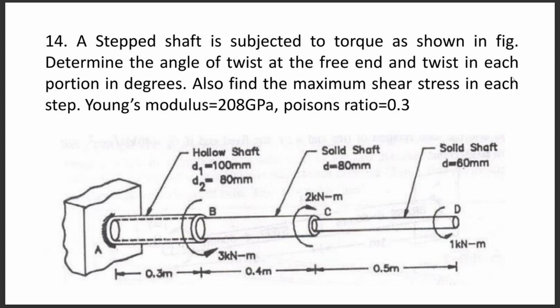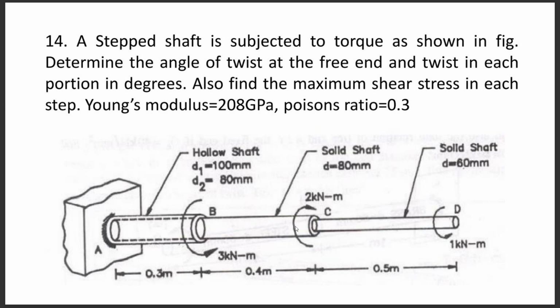So it is evident that it is a step shaft fixed at the left hand side, and we're having different types of beams. First shaft is hollow one, which is having outer diameter as 100 mm and inner one is 80 mm. Similarly, the second one, it is a solid shaft of diameter 80 mm, and at extreme right hand side we are having a solid shaft of diameter 60 mm, and we are providing different types of torques at